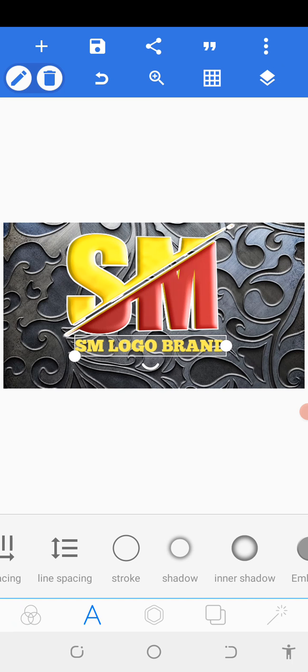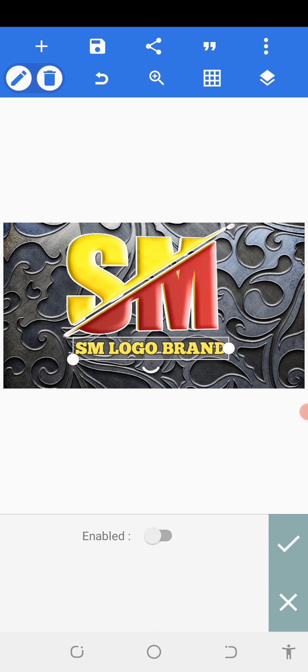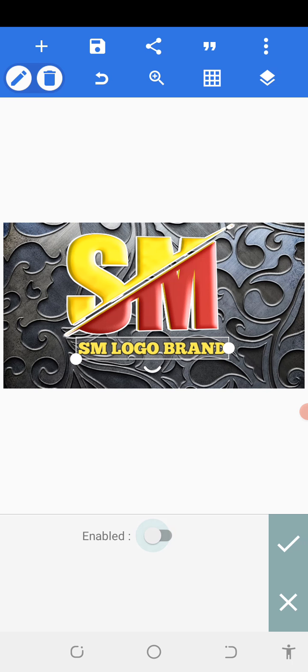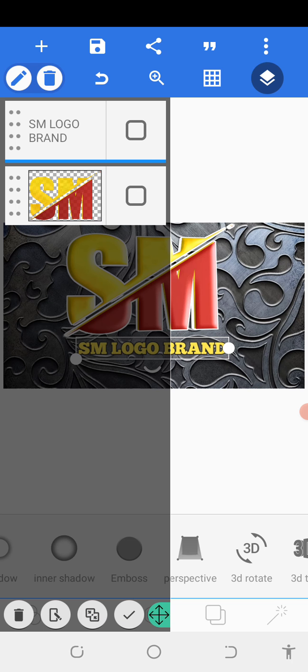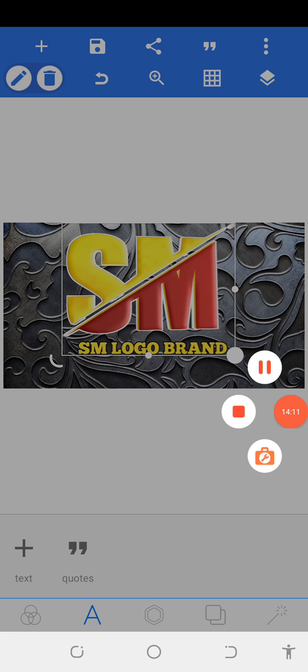Since we played around the first one, let's play around the second one before we merge everything. We emboss it. Then we merge everything. So this is